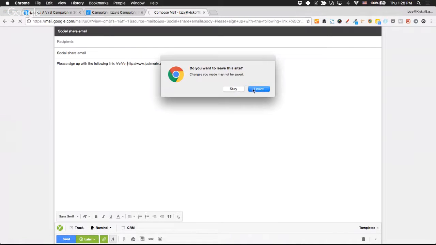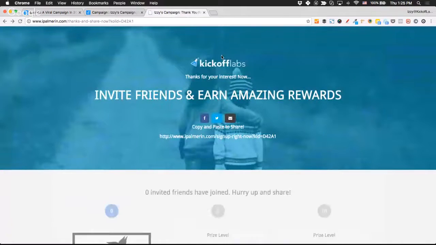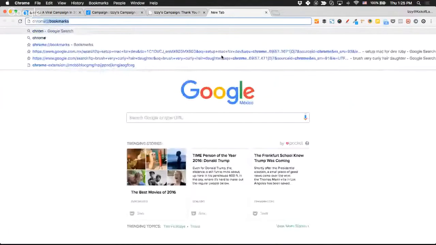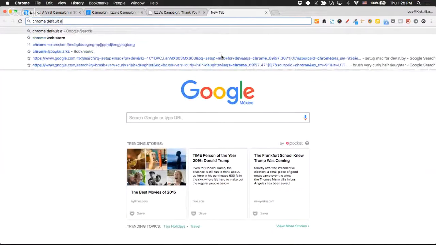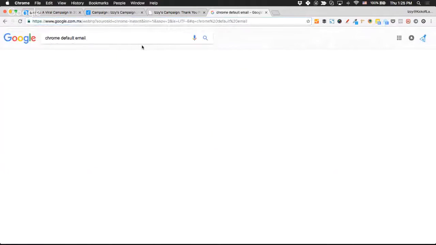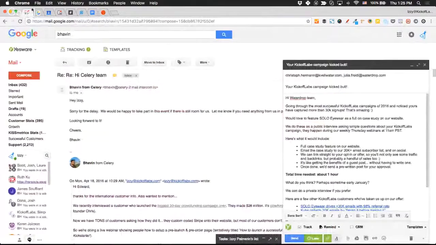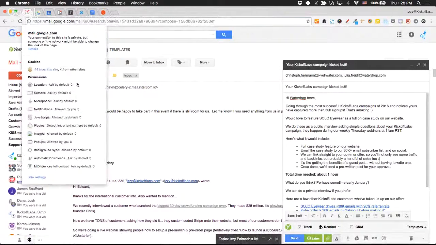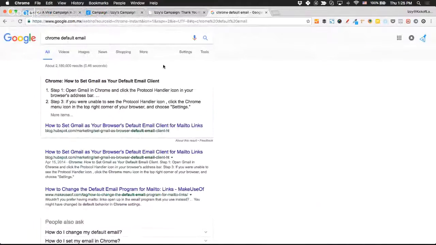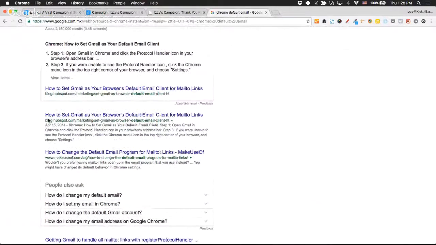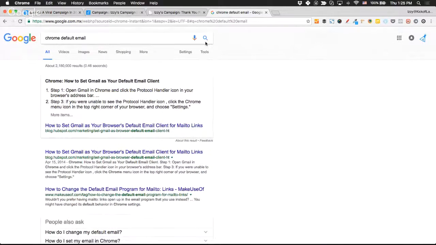Some people, just so you're aware, don't have the default email set up. So in Chrome, I forgot how to actually do it. There's a way to set the Chrome default email, something like that. You have to go to your mail and then click the information, and it'll ask you exactly where you want to do it. I forgot exactly how to do it, but you do have to actually set it up. And that doesn't have anything to do with Kickoff Labs. It's really independent. If people have set up that email client, then it will automatically open. If not, then it won't automatically open.